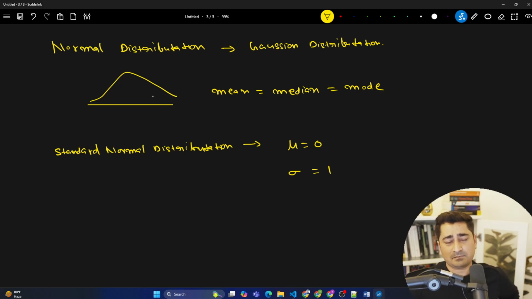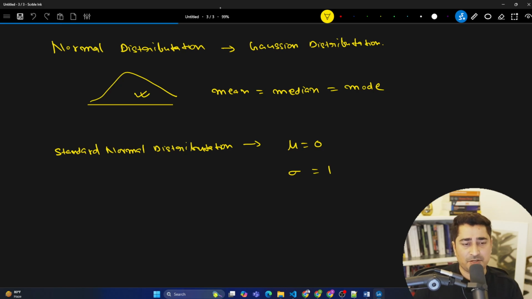Simple. Now, for any given data set, we generally use a function called the probability density function. Whether the data set is falling under normal distribution, standard normal distribution, or not, to find this out we look at this curve, because just by looking at this curve, you will be able to understand whether the data set is normally distributed, not normally distributed, or skewed.